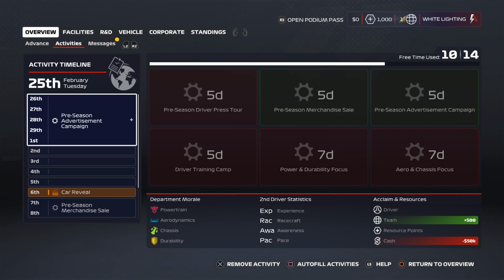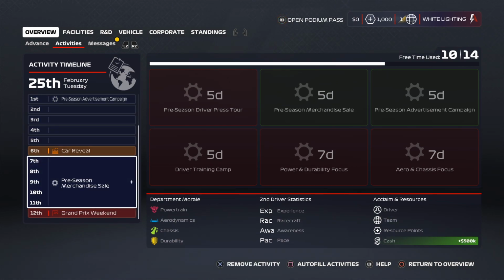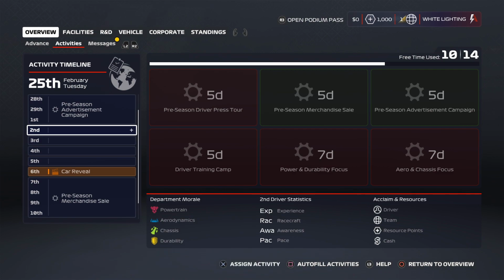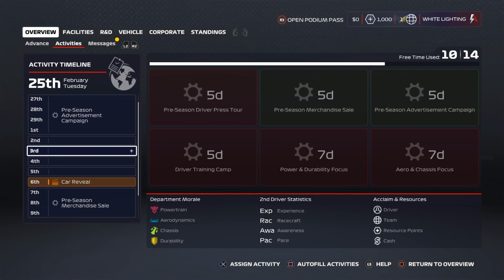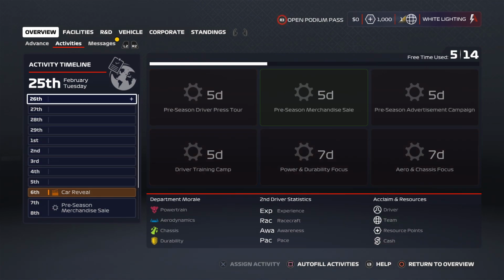Autofill, we have preseason advertisement campaign and preseason merchandise sale. The merchandise sale is going to boost our cash $500,000. Preseason advertising campaign is going to cost us $50,000 and give us plus 500 team acclaim points. So, remove this activity. Let's do